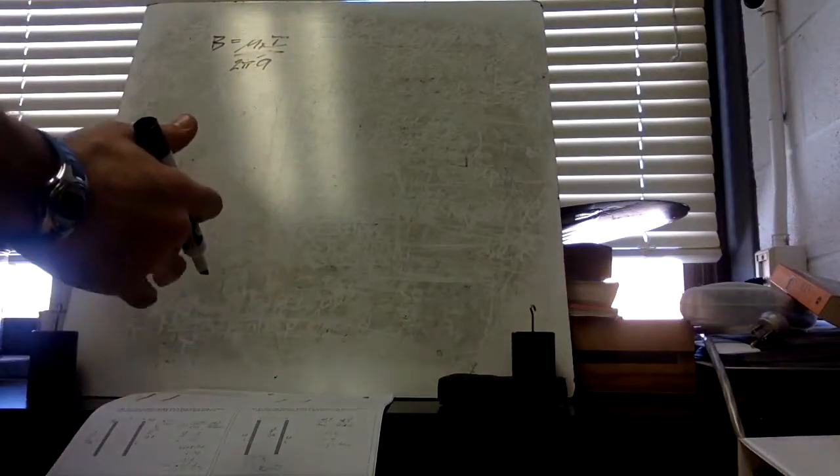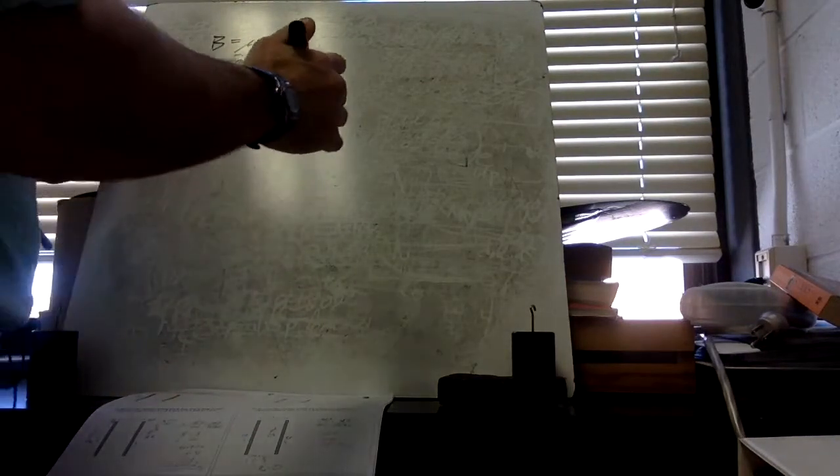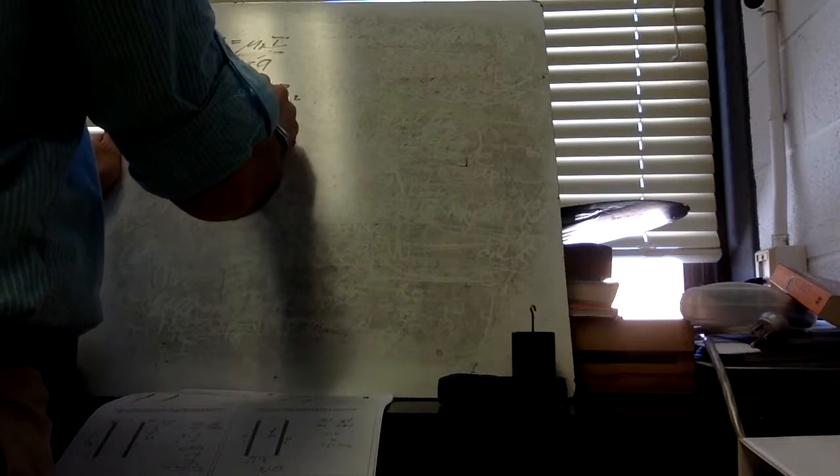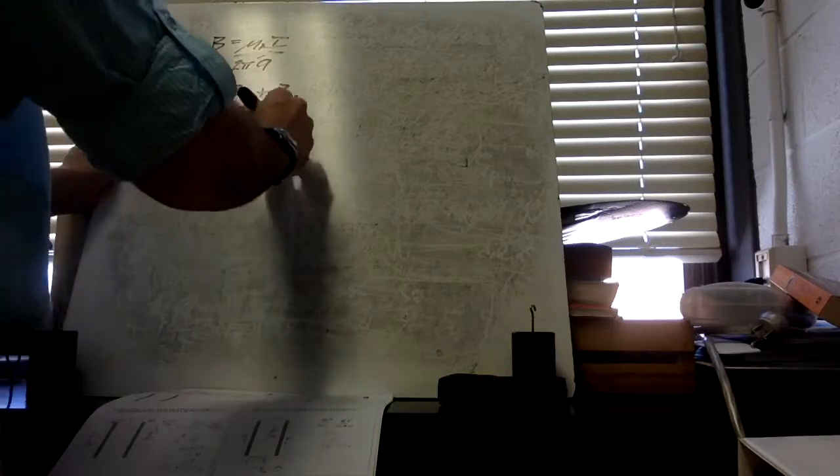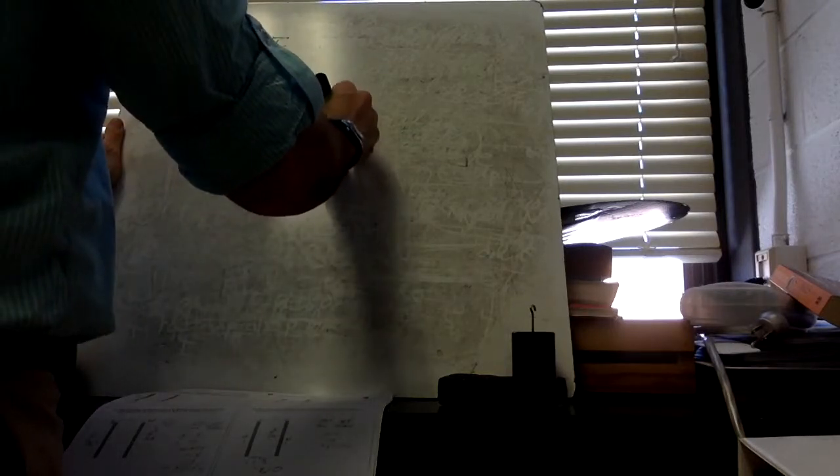We're looking at A over 2. The total magnetic field will be the magnetic field of 1 plus the magnetic field of 2. So this is mu naught I over 2 pi A over 2, that's the distance, plus